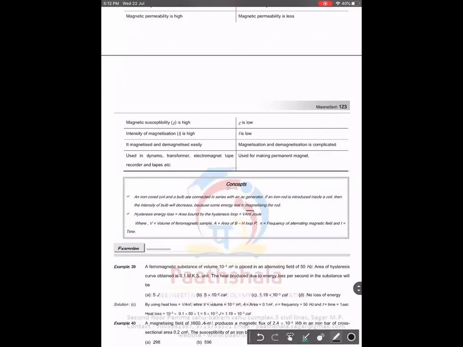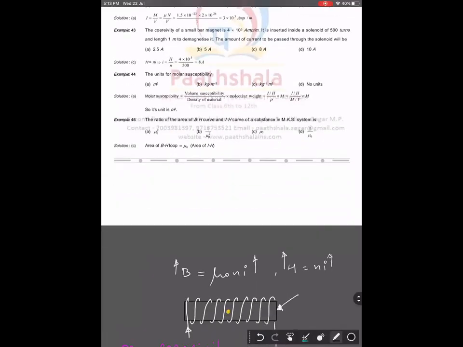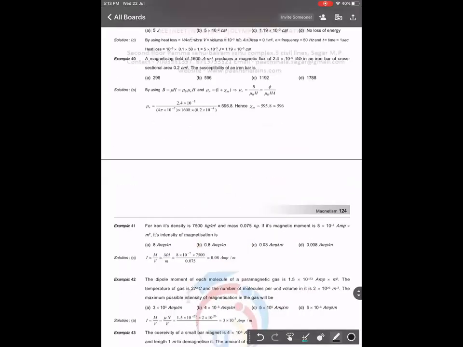Now, this is very important. This formula is very important for South Indian students for their KCET exam. V, A, n and t. Now, what is V? Volume of that substance, the ferromagnetic material. A is the area of the B-H loop, n is the frequency of the current, means how many times in 1 second you are changing the direction of current, and t is time. Okay, this is a direct formula. Now you can solve all these questions by looking at the solution very easily. Okay, I will send you this file.